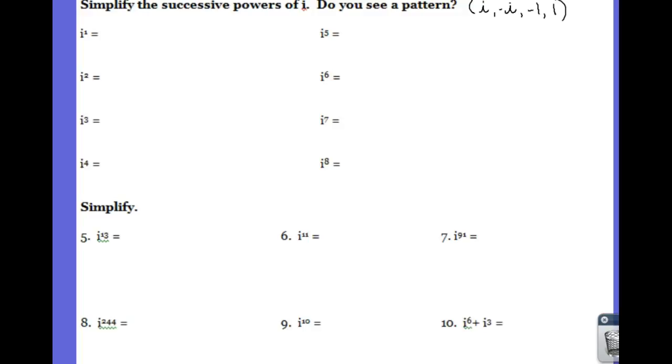of i. We should know by now that i is interchangeable with the square root of negative 1. So anytime you have a negative square root, that represents an i or vice versa. An i represents a negative under the square root. So with that being said, if we talk about something like i squared, what we're really saying is the square